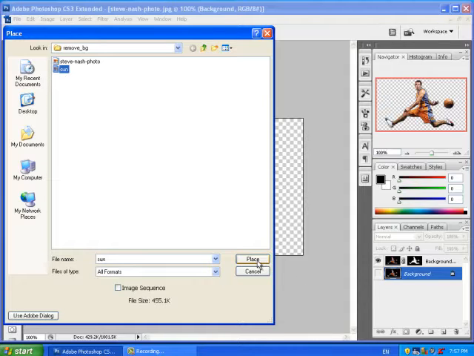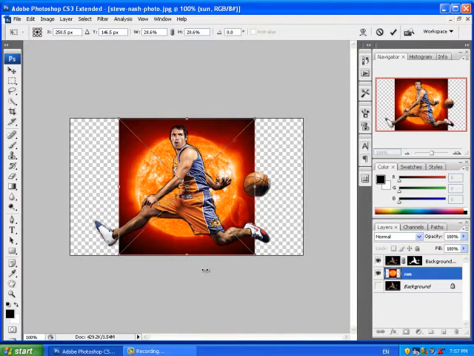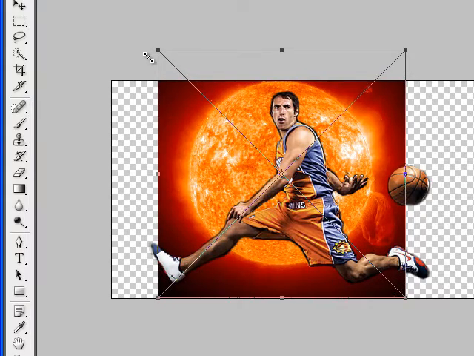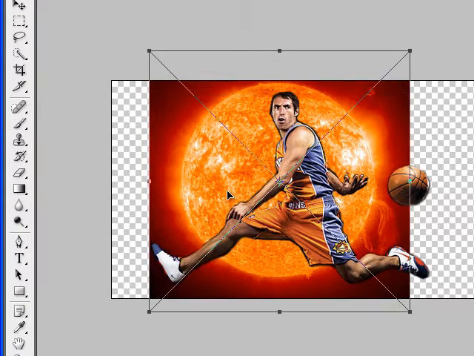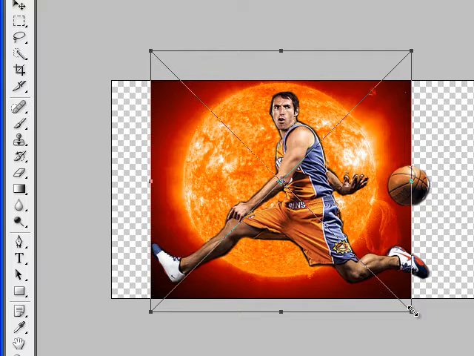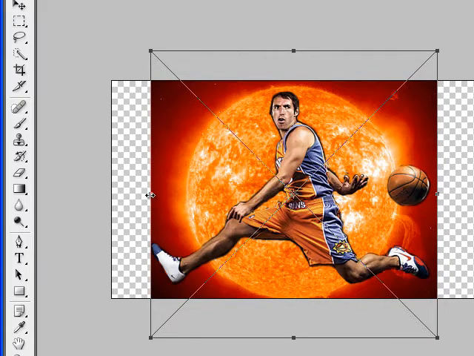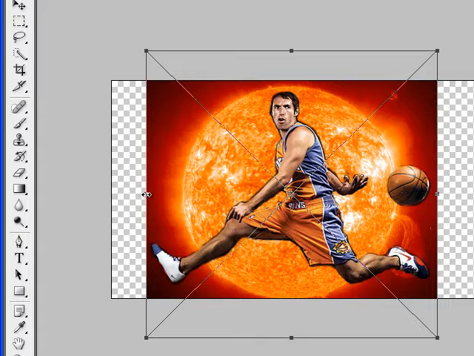And I'm just going to grab the sun. And there you have a nice sun. Now, it's not quite big enough, so I'm going to hold the Shift key when I resize it. We want to make sure that it gets his feet